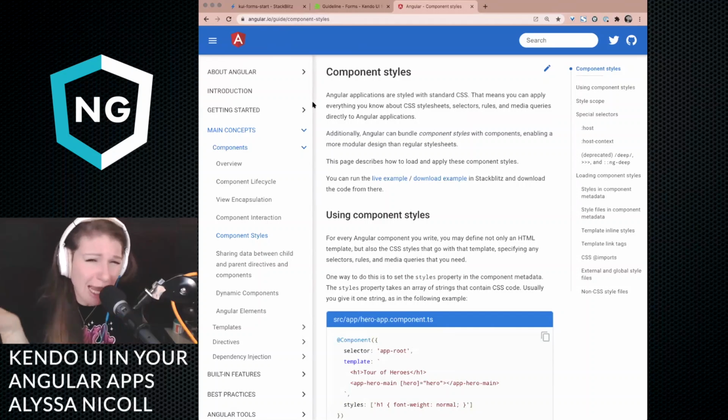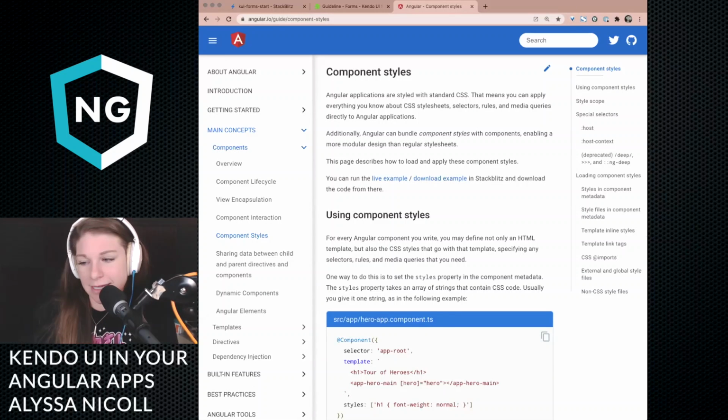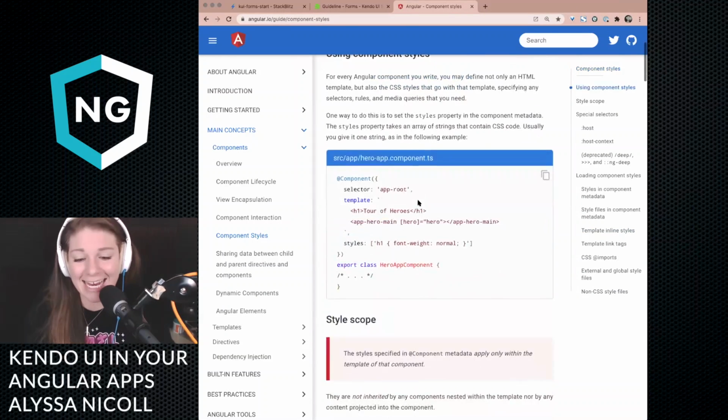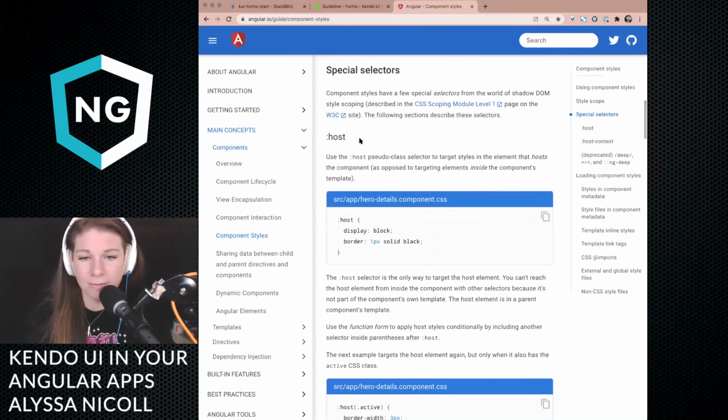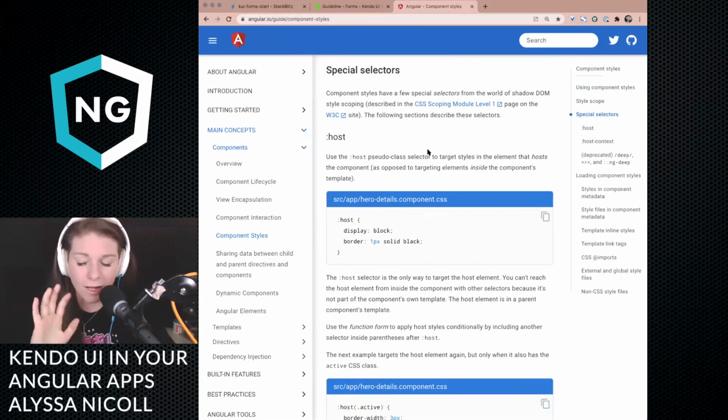So me using Google search is like I'm using Angular doc search. Okay, here we go. So I'm checking. Nobody said anything else. I am amazed. Here's our :host. It is a special selector. Use the :host pseudo-class selector to target styles in the element that hosts the component.